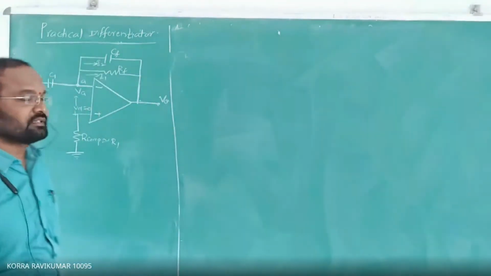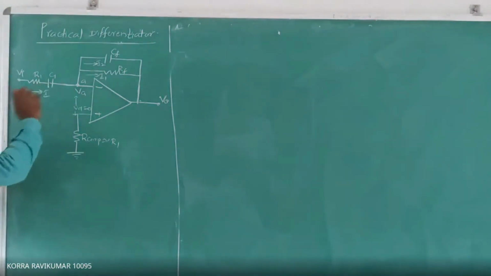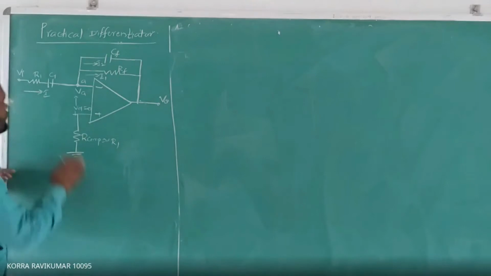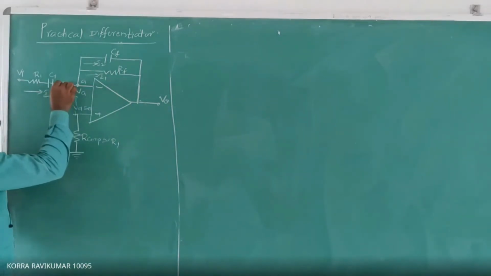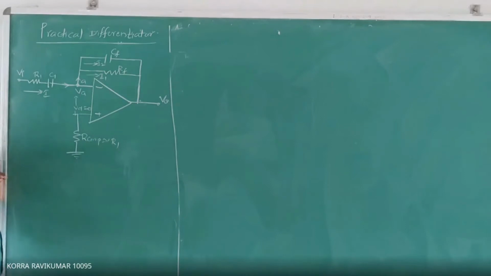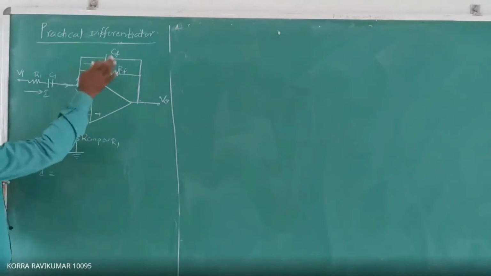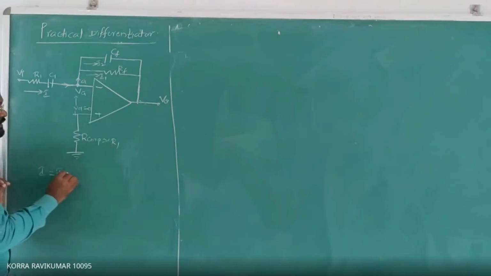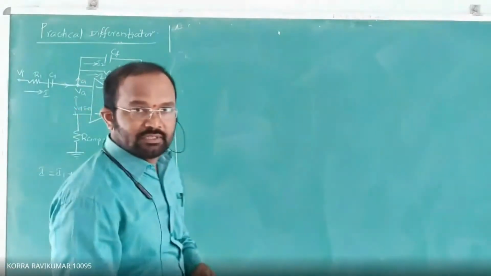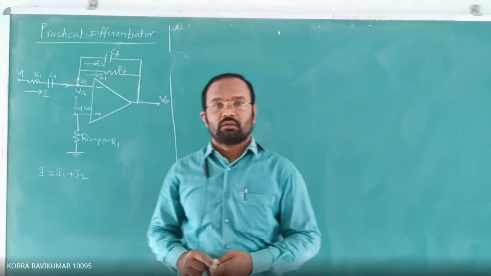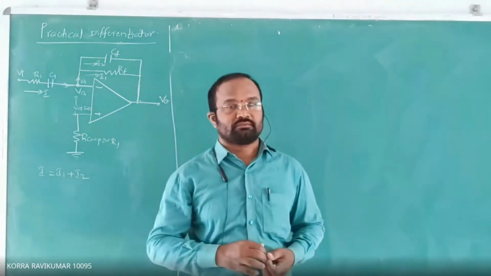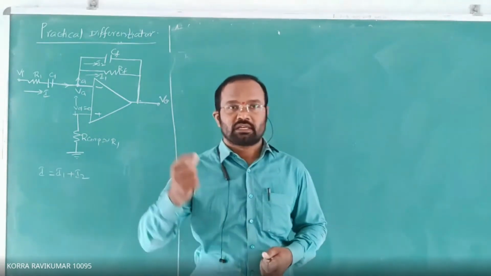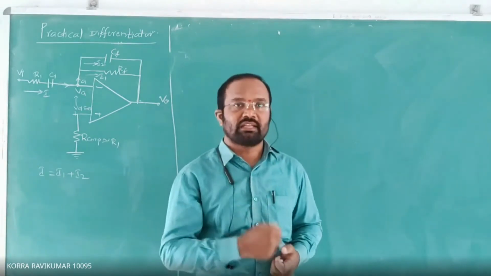Let's start its analysis. See, if you apply Kirchhoff's law at node A, same as the previous circuit, current entering into the node is equal to current leaving the node. The current entering into the node is equal to current I, and current leaving, moving away from the node, is equal to I1 as well as I2 currents. I1 plus I2 currents. We know the equation from Ohm's law is V is equal to I into R. From that, current I is equal to voltage by resistance.